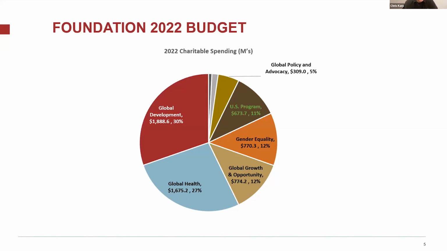So, $7.5 billion sounds like a lot. Of course, it pales both in regards to the underlying need, but also budgets like the NIH, which I think was $47 billion last year. And so in the global programs, fundamentally, the funding is very tightly focused on a set of strategies. And if you go to the next slide,